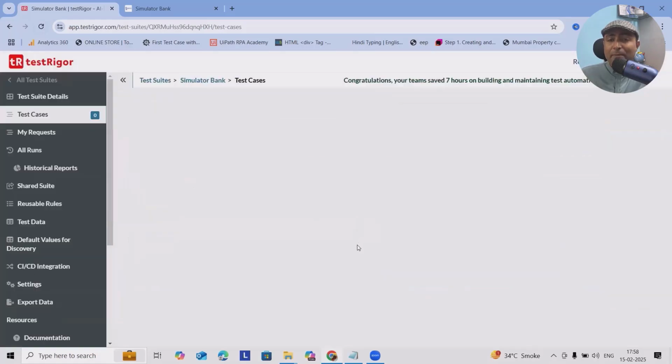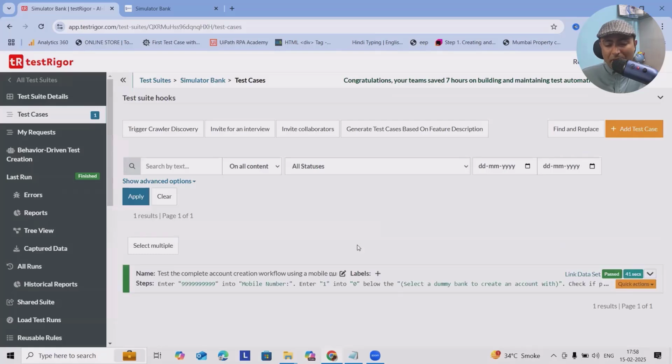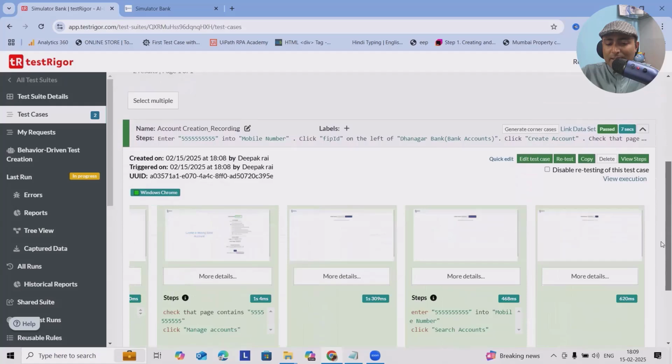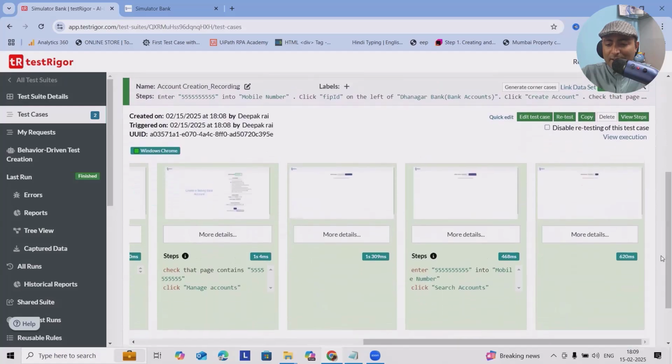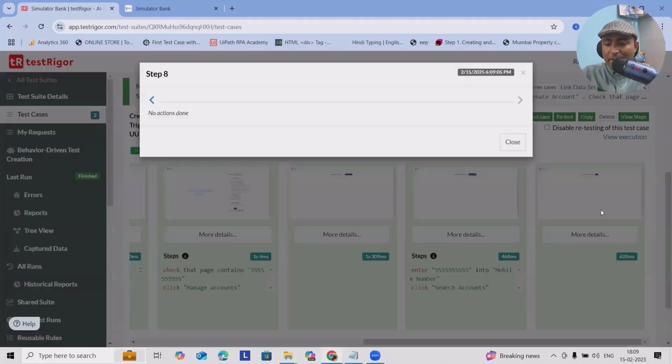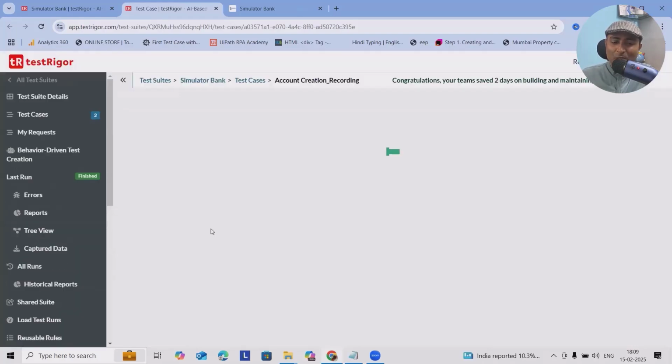So whichever steps we have performed manually, that got recorded. And whenever we go back to the previous section, I will see this has been started. I will show you practically how this test case looks. In terms of the execution, it started and here we can see every screenshot is generated successfully. And finally, if you want to see how the test case is generated, the automation steps, we